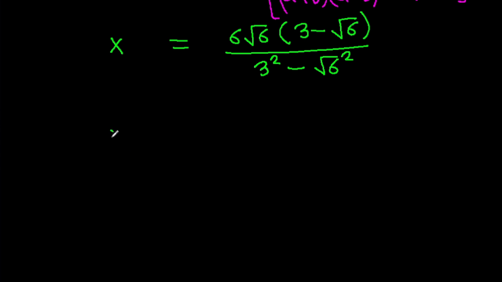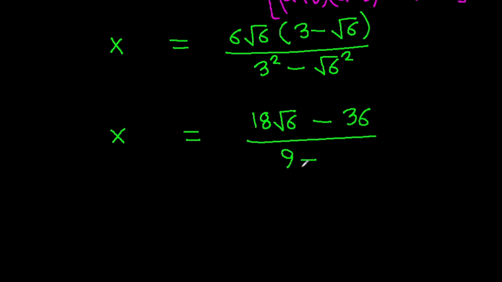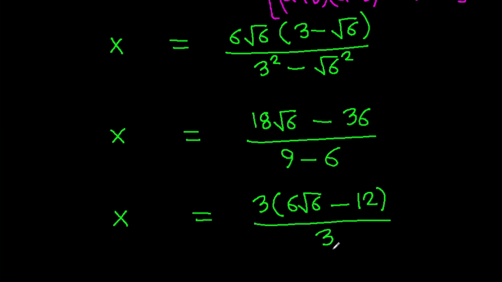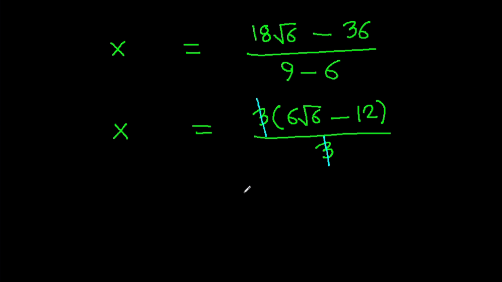and x is 18 root 6 minus 36 over 9 minus 6, and x is 3 times 6 root 6 minus 12 over 3, and 3 will get cancelled. So x is 6 root 6 minus 12,